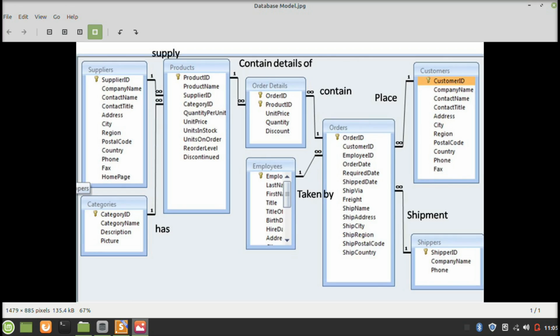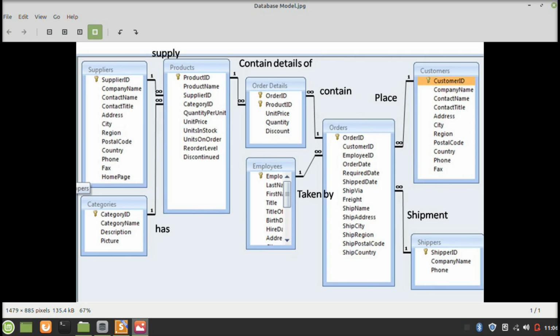The entire SQL command set is illustrated with the help of the database model shown in the figure. This database contains different tables such as customers, orders, employees, products, suppliers, categories, order details, and shippers. The relationships between those entities are illustrated here. Each order is placed by a customer.